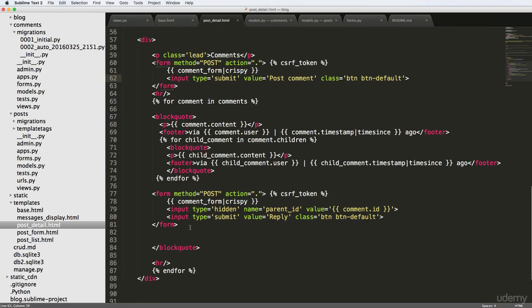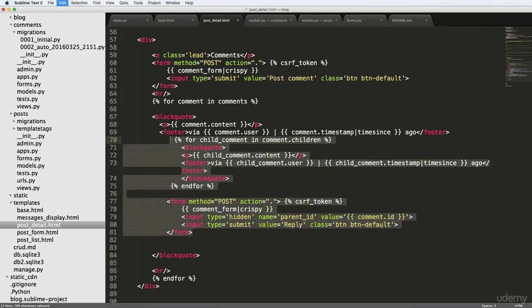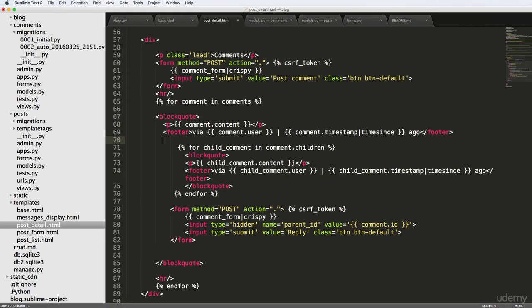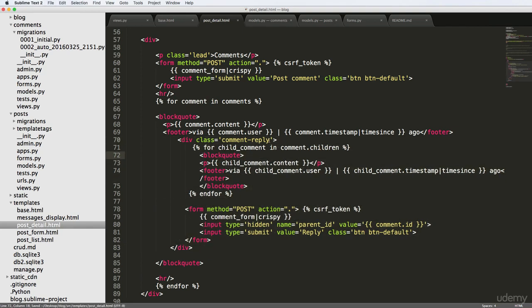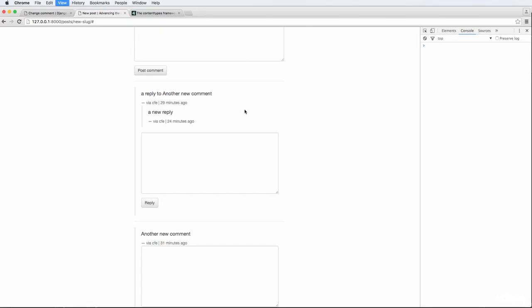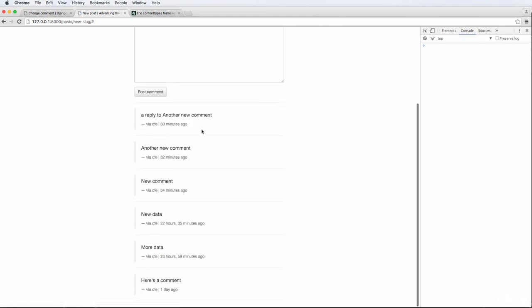And the first thing I want to do is wrap our reply related stuff into a div. I'm going to say div class equals comment reply, and we'll close that off, and we're just going to make sure that all of this is inside of that block quote. And then for now, I'm just going to put an inline style of display none. So we'll save that and refresh, and what we see is now essentially what it's going to look like,